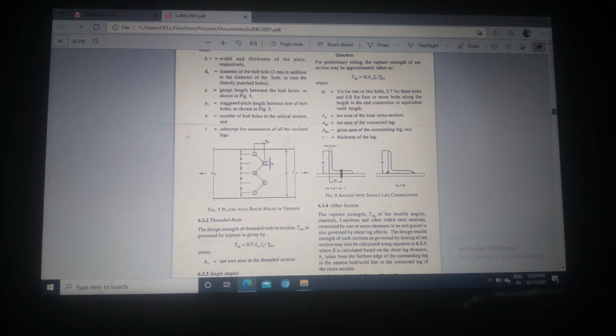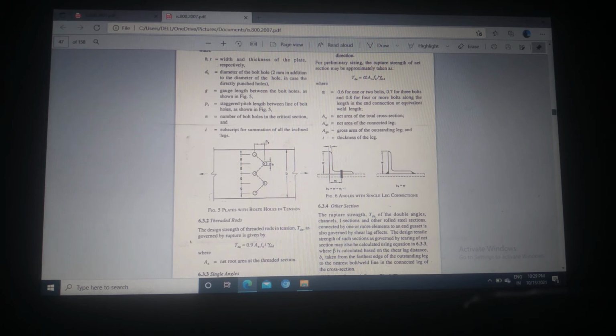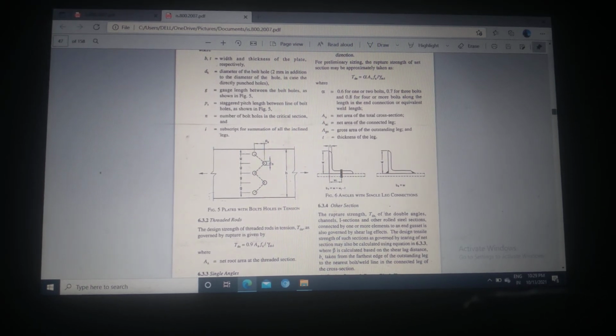You have to just imagine in which manner the failure plane can be for net area rupture. It can be in any manner. And we have to take the minimum from all those possibilities of net area. Not always, but when we are finding the design strength, or when we are finding the area, then we will go for the minimum. Because it will fail at the minimum itself, so why is there a need to go for higher things? I hope you are getting my point. So we will take the minimum area of all these areas in the end.